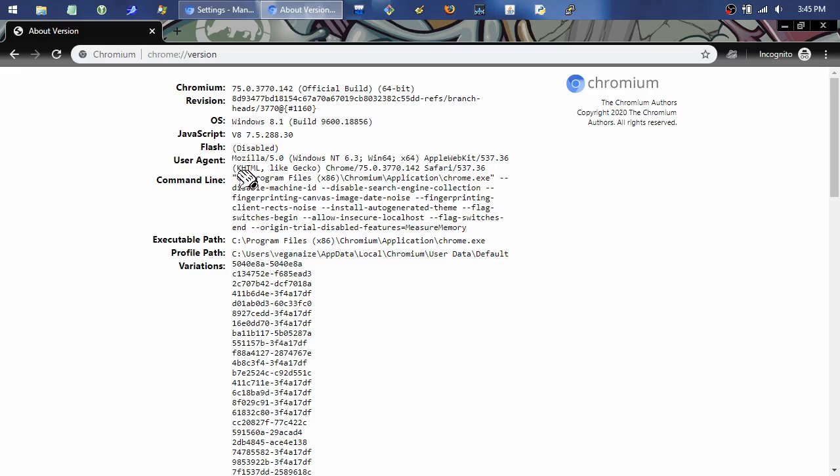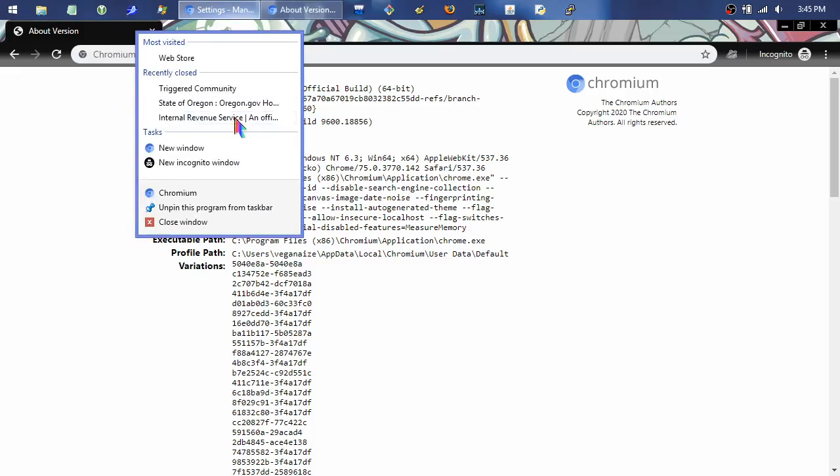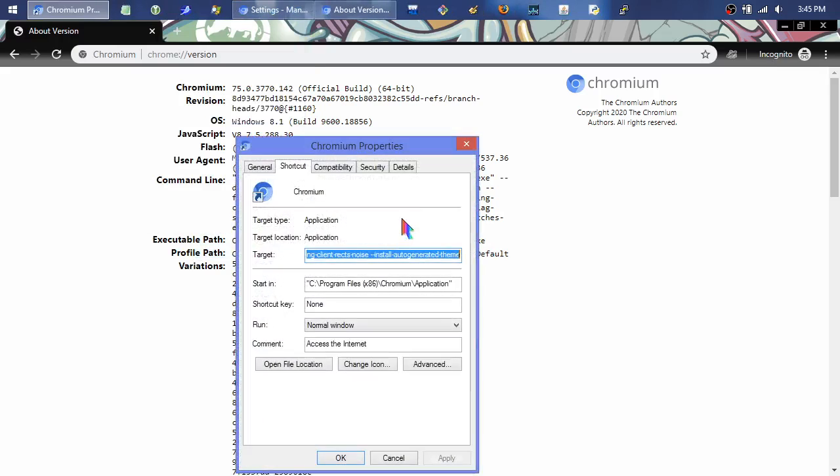This is cool though, because I want to show you my command line that I have. And what I do is, when it's up there on the bar, you can go to the thing and then go down and right click again until you get to properties. And then in here, you can see the target, and this is your command line. It's kind of hard to see in this box here. So